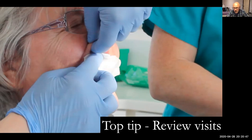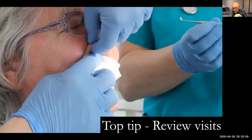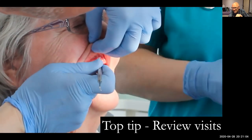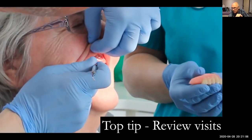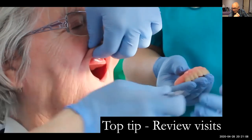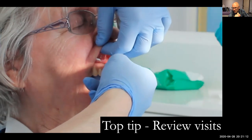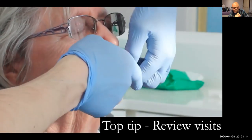So if we have an ulcer, what I do is I dry the ulcer. You can see I've got just there, I've got a gauze. I dry the ulcer like that. Claire passes some PIP, pressure indicator paste, which I apply directly to the dried ulcer. Claire passes me the denture. I seat the dried denture in place